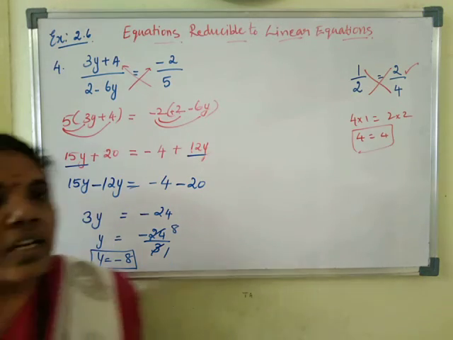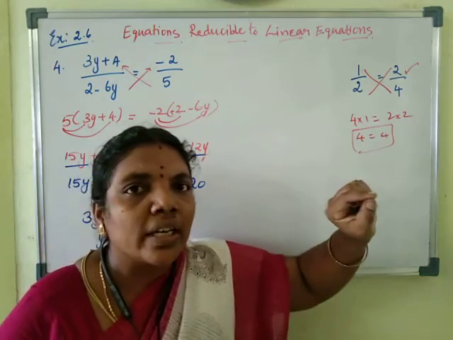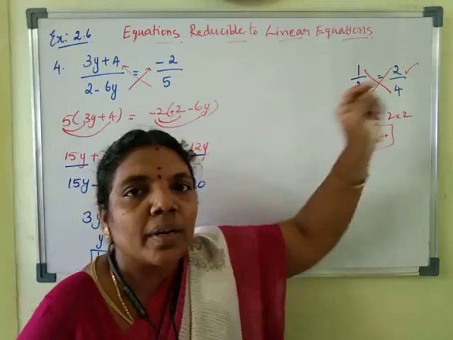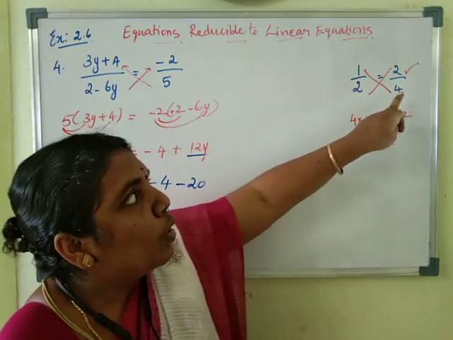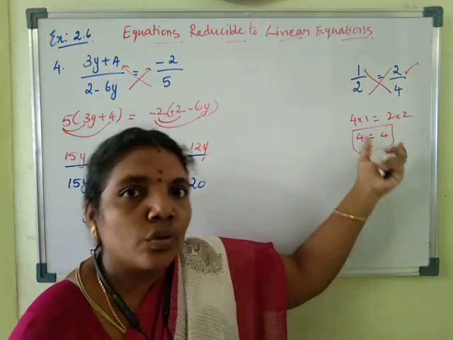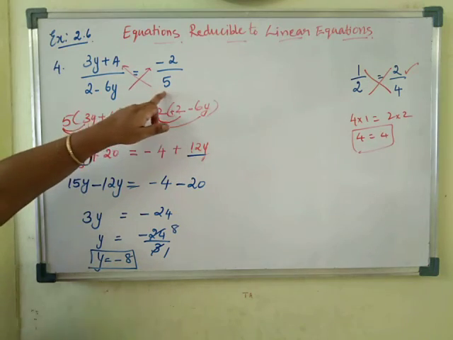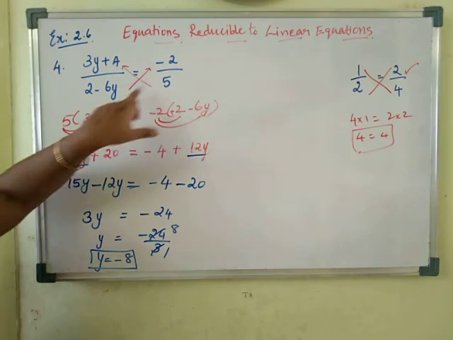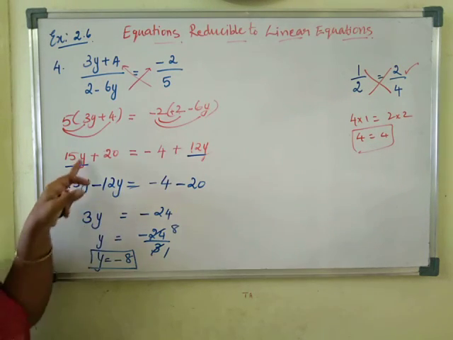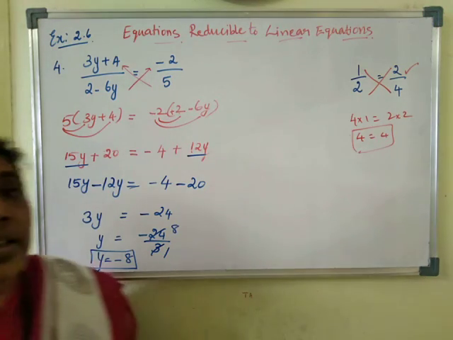One more time I am saying, take the equivalent fraction as an example. We know 1 by 2 equals 2 by 4. How to check it? We will bring 4 to this hand side and 2 to that hand side. We will cross multiply. This is called cross multiplication. So 4 1s are 4 on the left hand side, 2 2s are 4 on the right hand side. So this is equal. The same method we are going to apply here. This 5 I have taken here and this denominator I have taken there. So cross multiply and then bring it to the normal equation form. Afterwards we can solve the equation. So this is how to reduce the linear